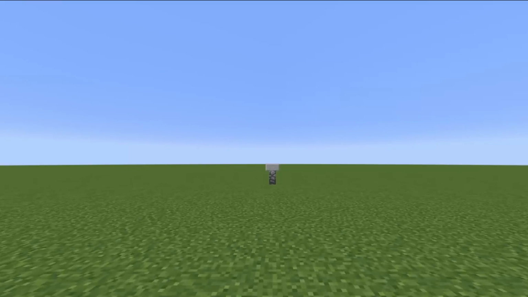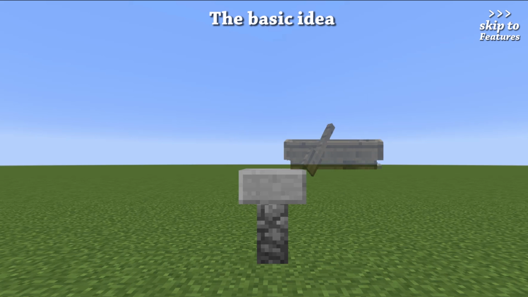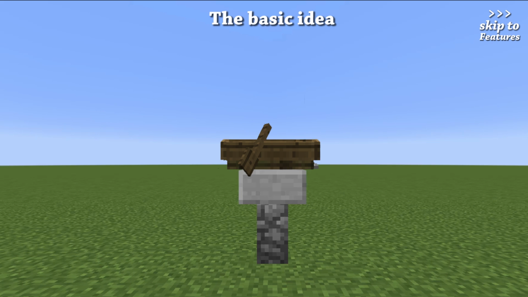So today's video will be about boats again, but this time we use it to achieve translational dynamics. A slightly simplified definition of translational motion in physics would be the shifting of an object from one point to the other in a straight line. Simple, right? Well, despite its simplicity, this is actually a very powerful tool, and how we achieve this is once